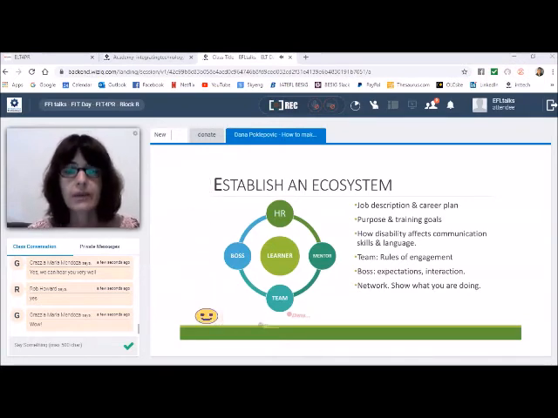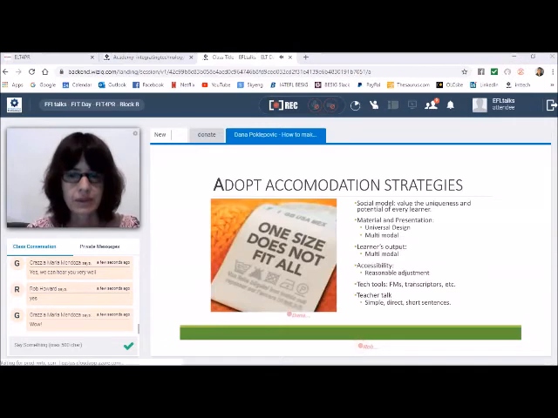Okay, then you have the family, which is really, really important. It's a network that you have to have: the school, the teacher, the therapist or mentor, with the family. The family has to be aware of all the steps in the education, and the team or the schoolmates also. It's an ecosystem. An ecosystem is a living system where all the parties are important. Okay. Next one, please.